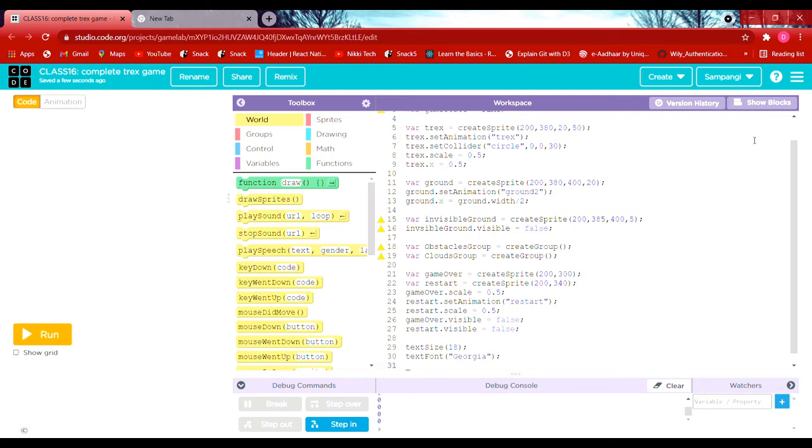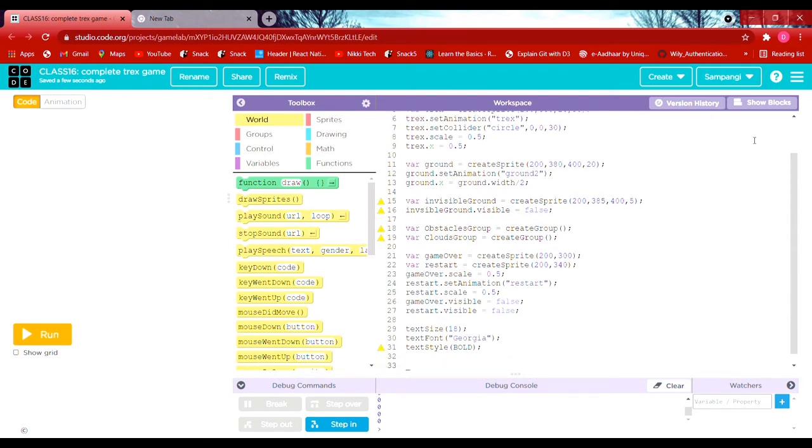The next is to tell whether the text should be bold or light. We have to give it bold. All of it should be in caps. The next thing is to create the count. var count is equal to 0,